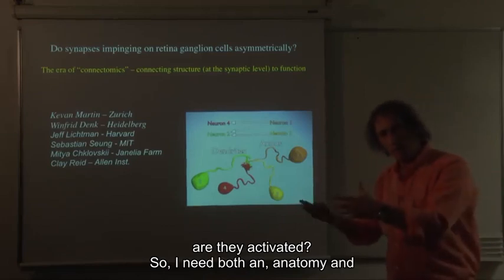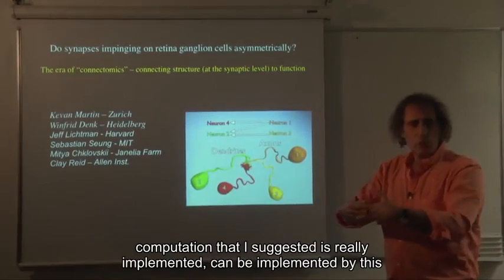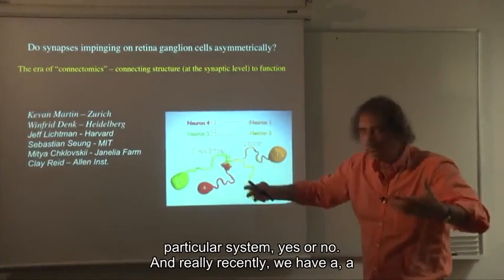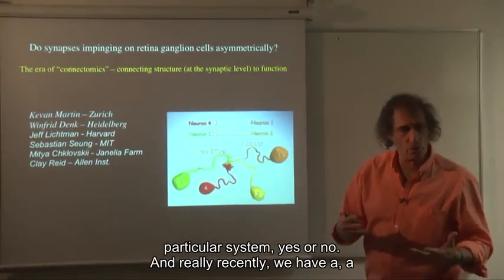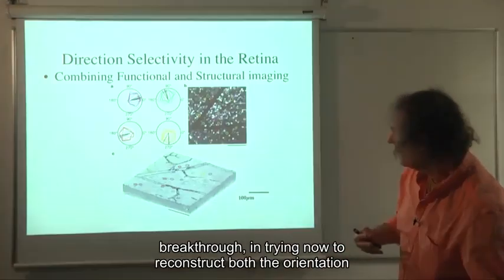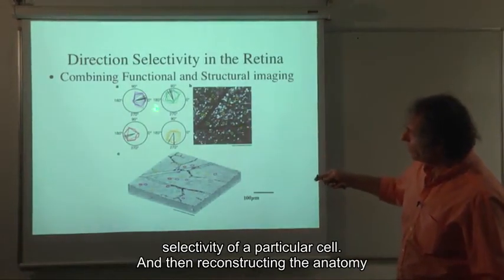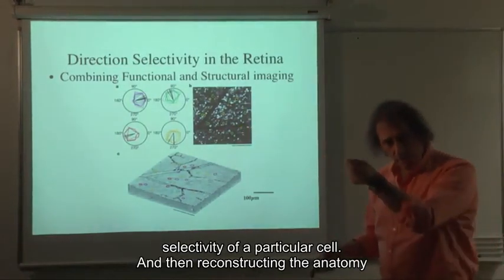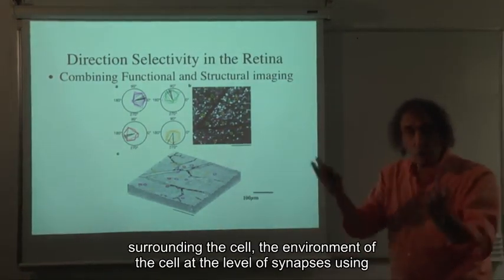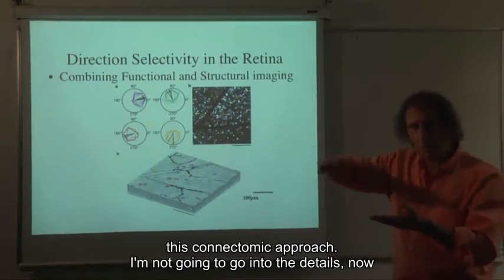So I need both anatomy and electrophysiology to connect the two in order to understand whether the computation that I suggest is really implemented, can be implemented by this particular system, yes or no. And really recently, we have a breakthrough in trying now to reconstruct both the orientation selectivity of a particular cell and then reconstructing the anatomy surrounding the cell, the environment of the cell, at the level of synapses using this